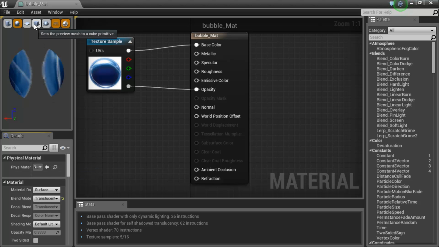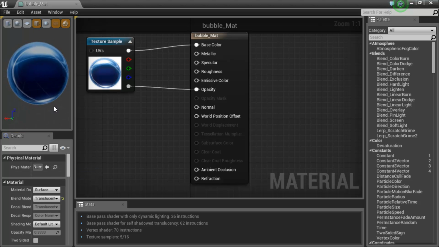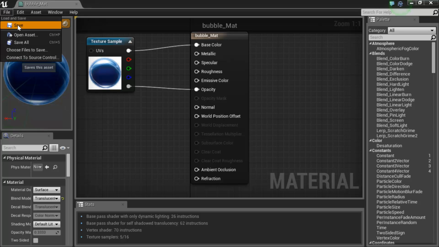And as you can see, it is now translucent, or the alpha channel has taken the white area and erased it, if you will, or taken that channel, and in this case the fourth channel has given us the opacity that we need. Now I'm going to go ahead and save my material,